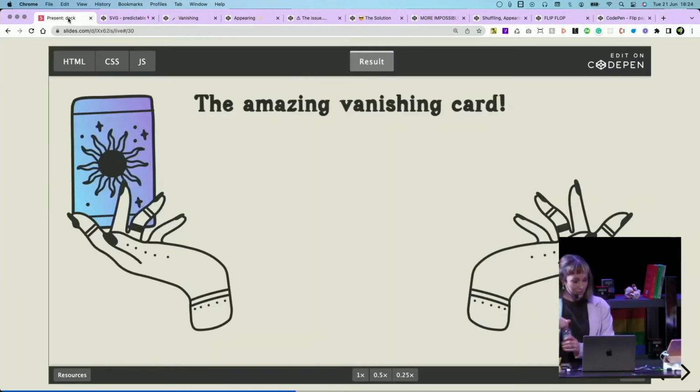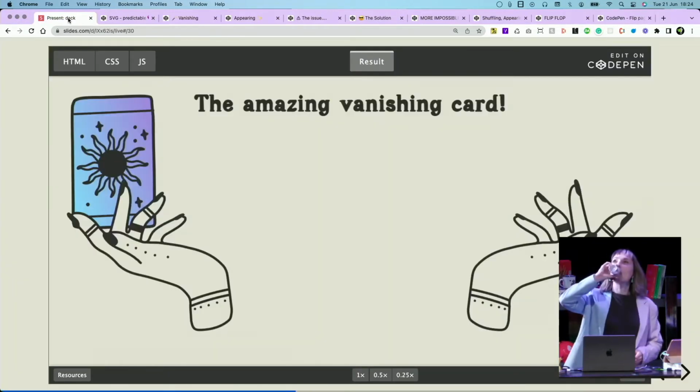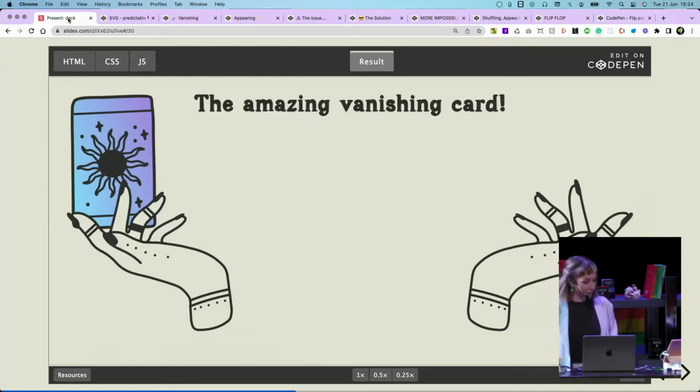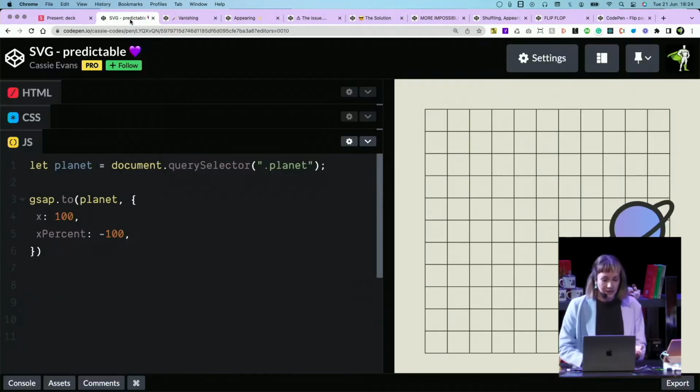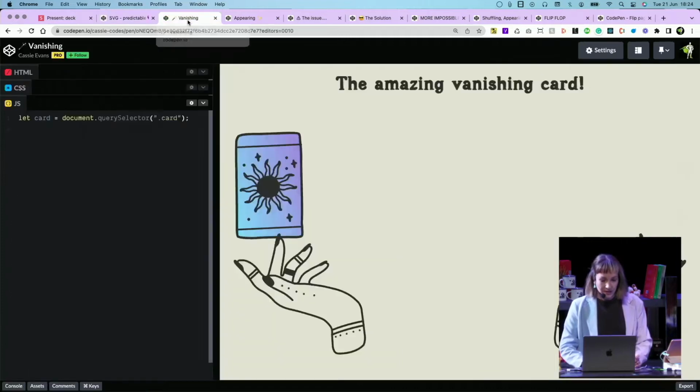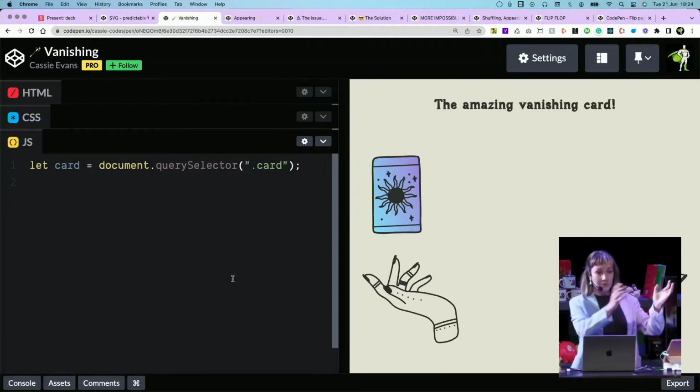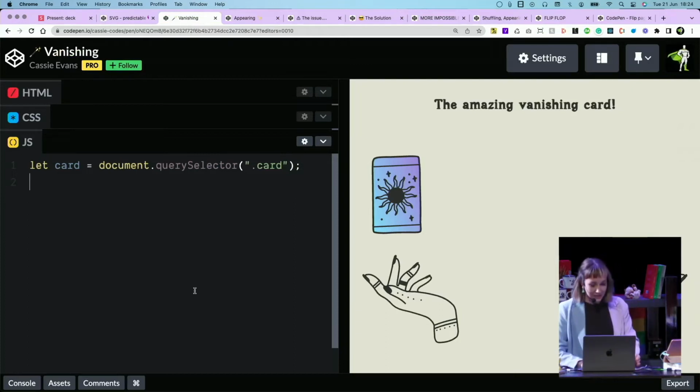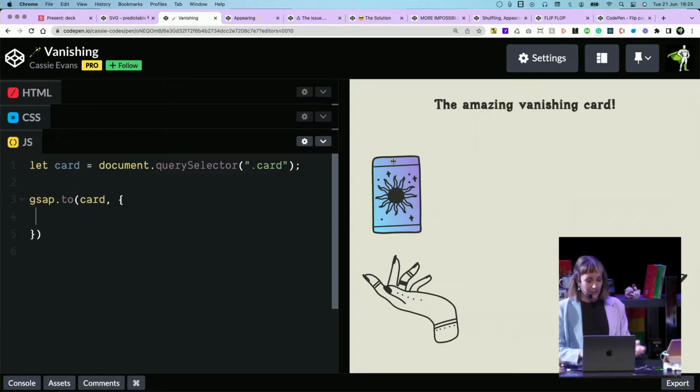I'm going to have a little bit of water. So if we're trying to make something vanish, we're going to move it from this left hand over to the other hand. Now this is website world, so we don't have the handy SVG units to work with. So we're going to say, hey GSAP, animate this card over to the other side of the screen.